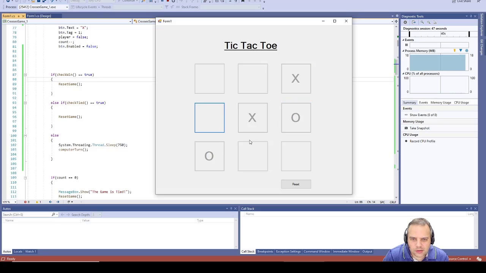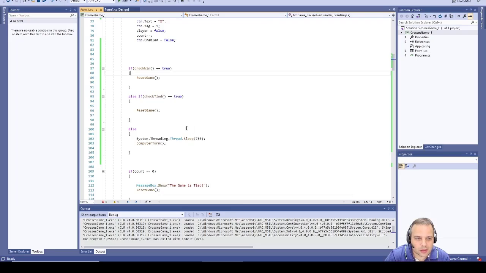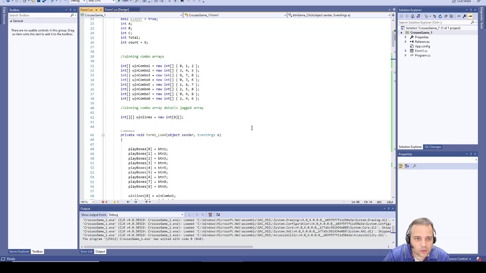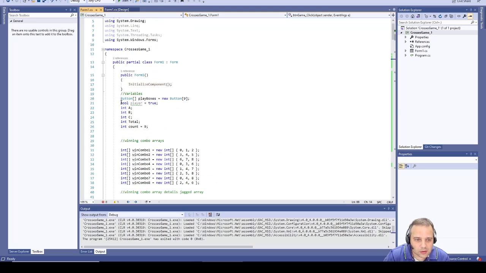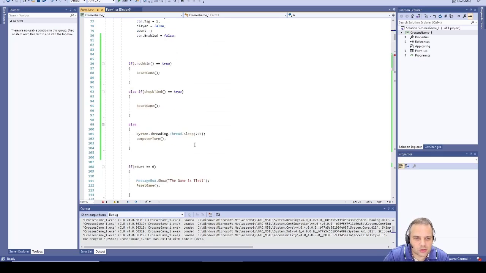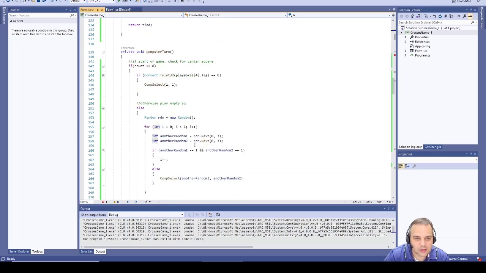playing against us as we planned, with some form of intelligence. It tries to win, it tries to defend, or it just plays the empty squares to keep the game going. So that's good. If you've played along, this Boolean player true, we're not using that anymore, so we can take that one out. So yeah, I think there's quite a bit of tidying in the code to do, quite a bit of comments. But